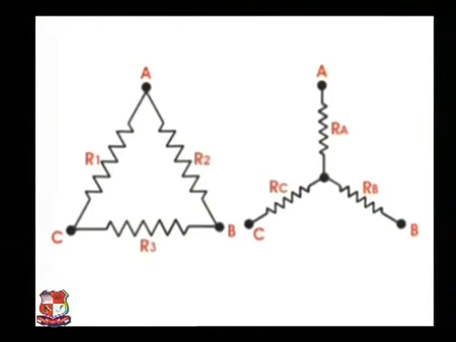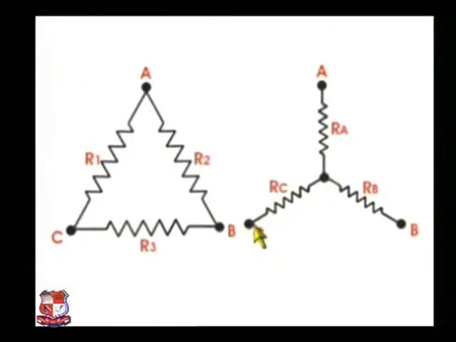Here, resistor R1 is connected across points A and C, resistor R3 is connected across points C and B, and resistor R2 is connected across points B and A. Now, suppose an equivalent star is connected in place of the delta, and we have to calculate the resistance of each arm of the star in terms of each resistance of that delta. Let arm of resistance Ra of the equivalent star be connected with point A, arm of resistance Rb be connected with point B, and arm of resistance Rc be connected with point C.